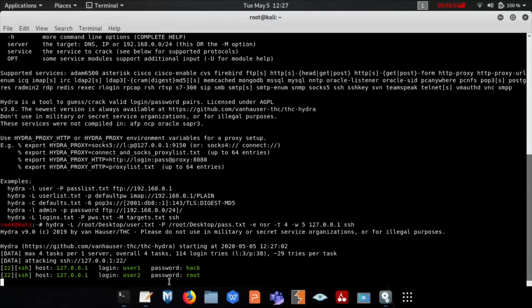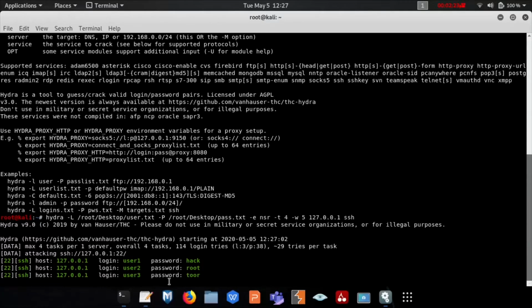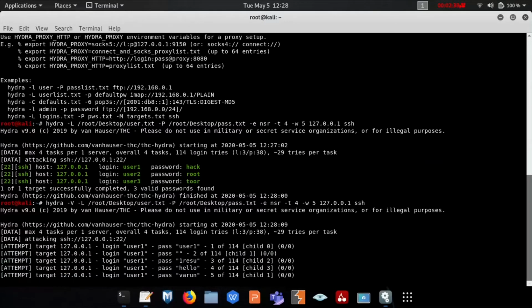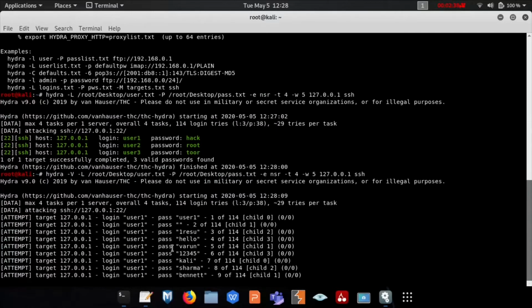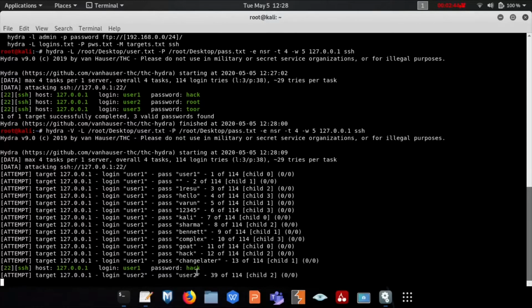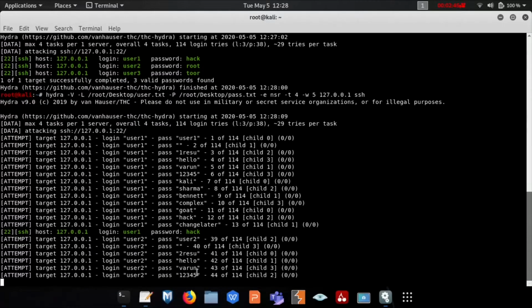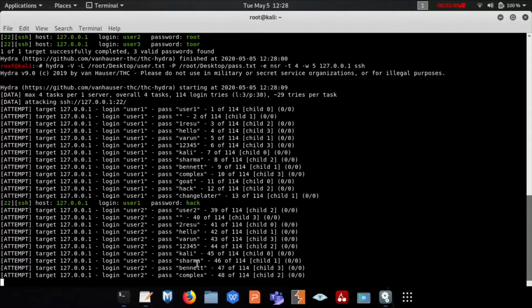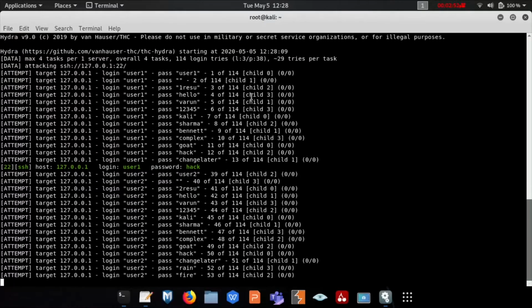As you can see, it has cracked all my 3 users' passwords. If you want to know more about how the attack is done at the back end, like how the permutation and combination has been done, here you can see with each user every password has been checked simultaneously.